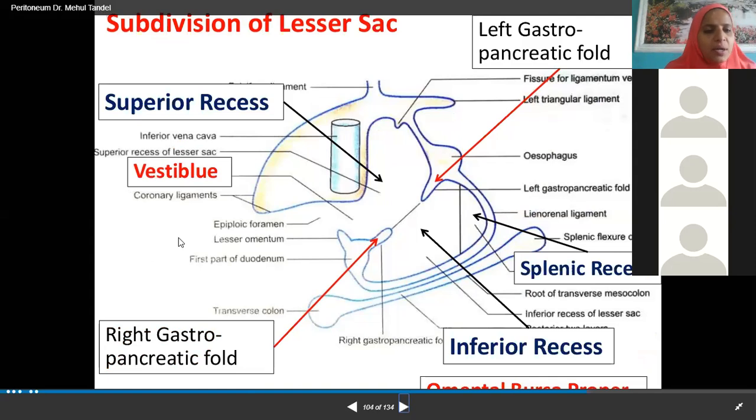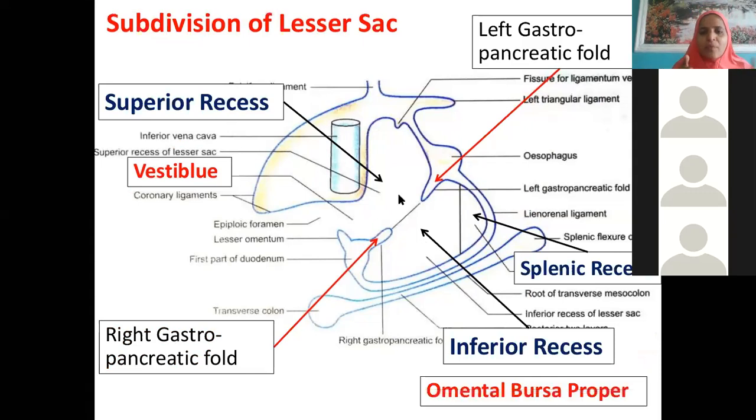Okay, now see, lesser sac, after knowing the boundaries, all these things were not covered, because of which again I thought I should review this. See, subdivisions of lesser sac: whatever vestibule word is written here, this is the area of lesser sac that is behind the stomach, below the liver. Okay, like all this area. Now see here, we have certain extensions of this lesser sac which are actually called recesses. In the lung also, if you remember, I told you, wherever we have extra space, like costodiaphragmatic recess, costomediastinal recess, these are the words we have used, isn't it?